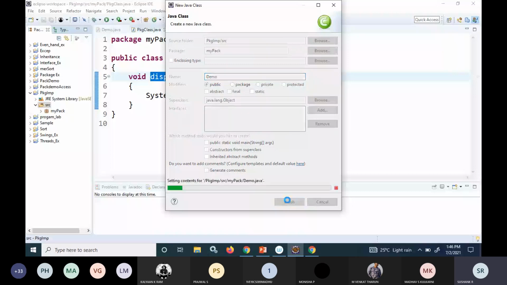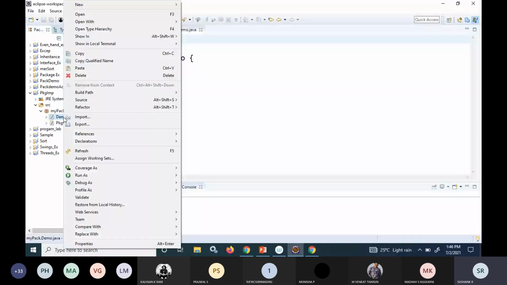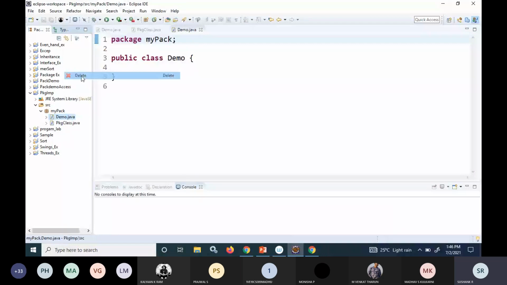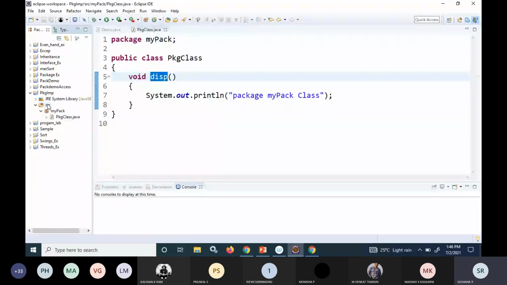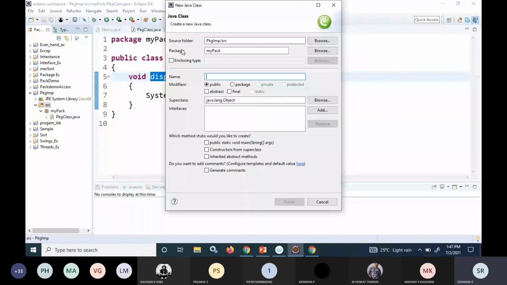Sorry, it got created in the same location itself. I want this class to be a separate one so that we understand the usage of the import statement. So right click, new class, demo. Let it be in the default package itself. Finish.